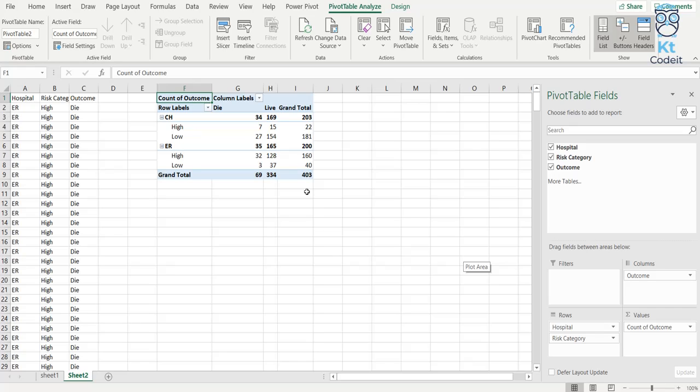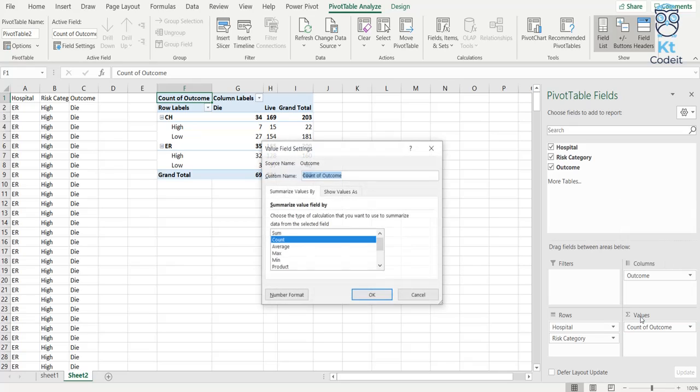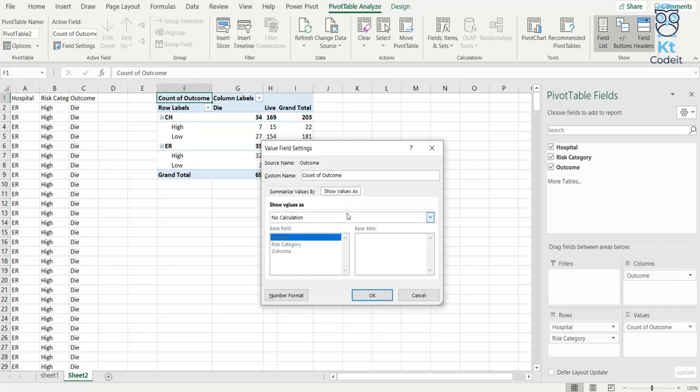So as you can see, it has summarized the data, but these numbers aren't telling us much, so I'll change them into percentages. You go to the values and right click on it, and now you can change the value by going into value field settings. You can change it into a percentage.